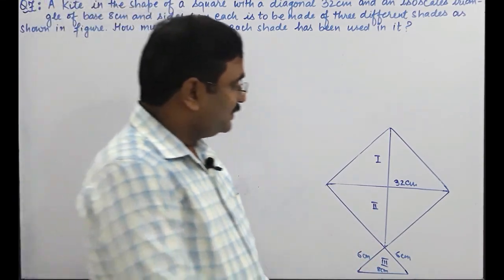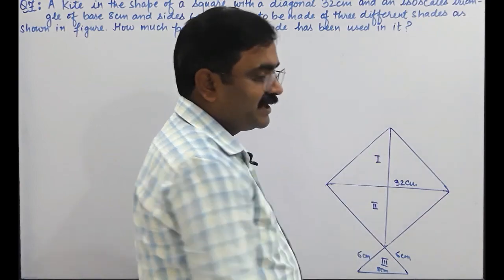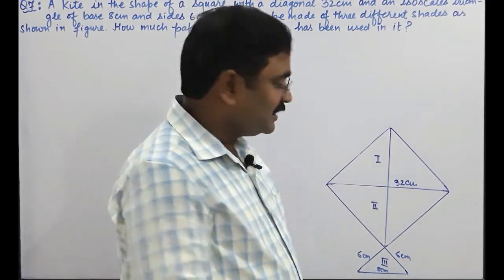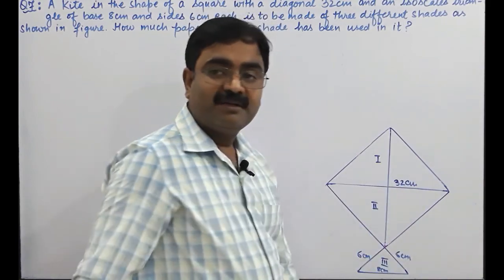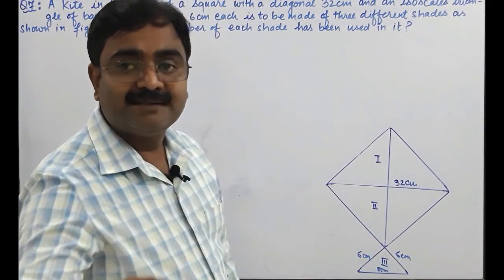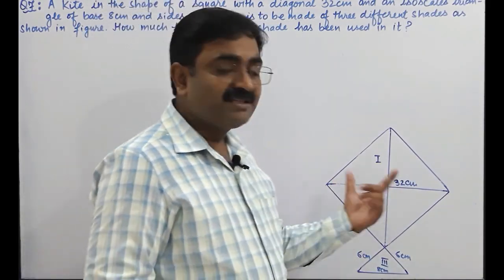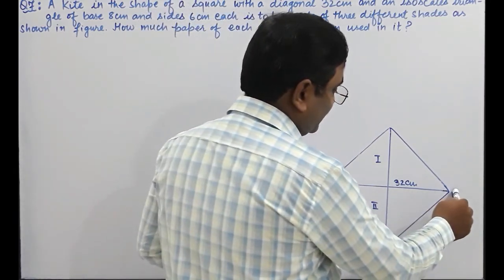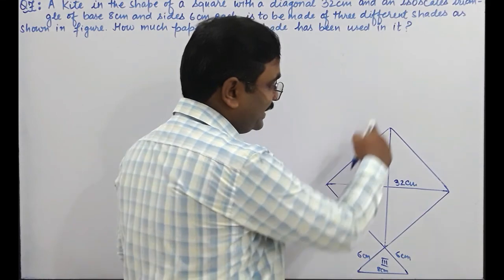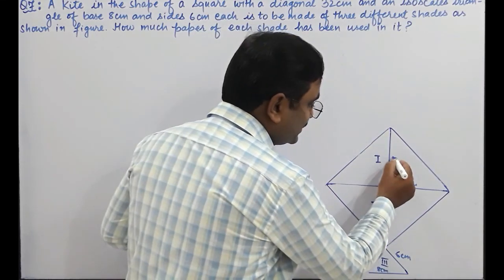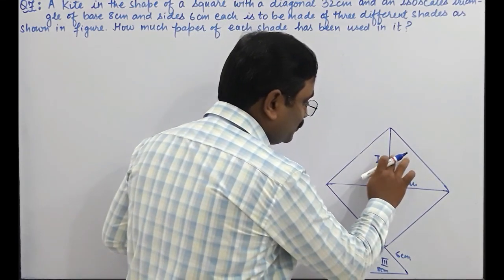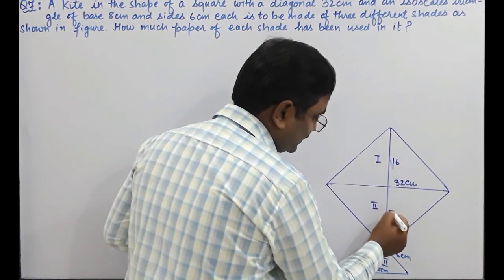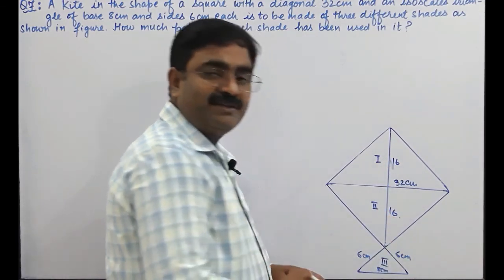As you know that this square has two diagonals, the first and the second. Both its diagonals will be equal. Why are both the diagonals equal? Because it is a square and its diagonals are equal. If this first diagonal is 32, the second diagonal will also be 32, and this is divided into two equal parts, 16 and 16, right?